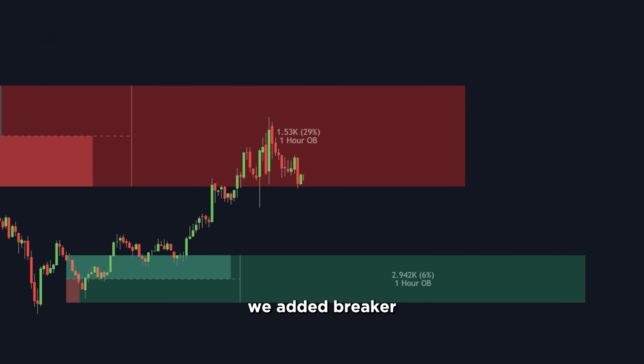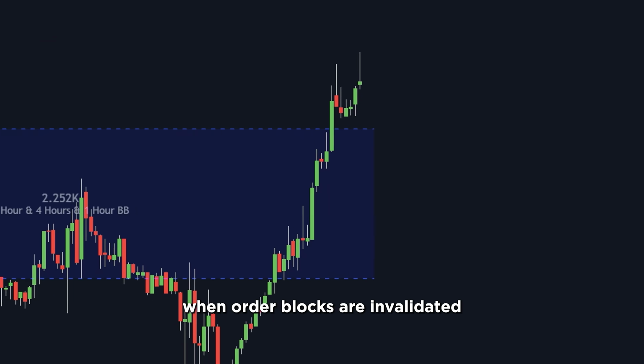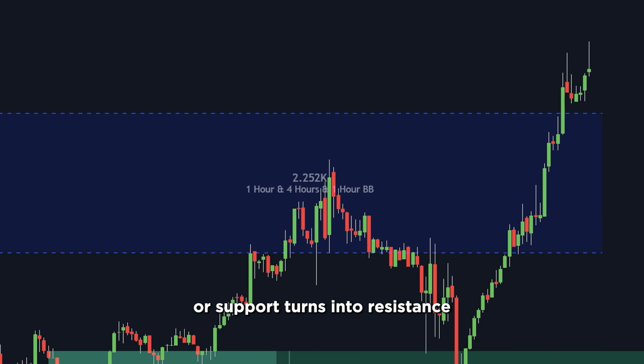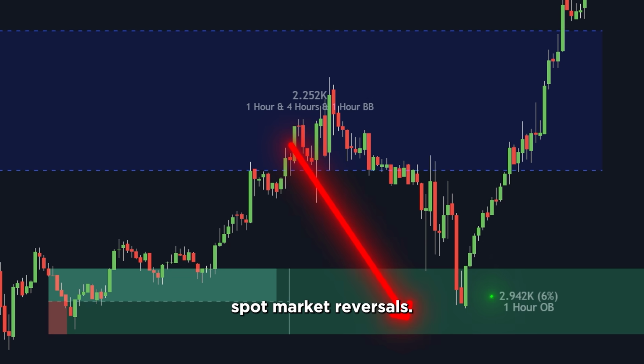Moving on, we added breaker blocks to the indicator. Breaker blocks are formed when order blocks are invalidated. And just like support and resistance, where support turns into resistance after being broken, the same logic applies to breaker blocks. When an order block breaks, it turns into a breaker block, and that can be used to spot market